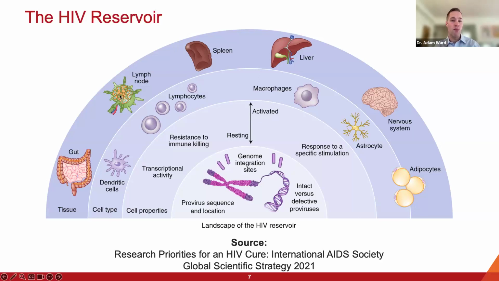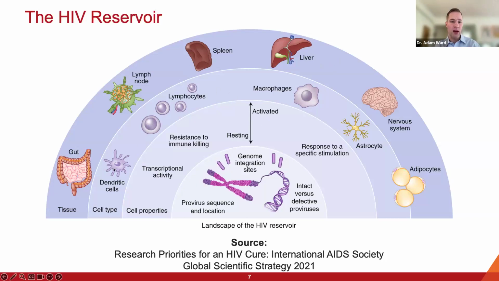So lymph nodes may be immune privileged sites that exclude immune effectors that can eliminate HIV-infected cells. And so there may be sanctuary sites in lymph nodes where HIV-infected cells can hide out. And there may be other important anatomic compartments, spleen, liver, the central nervous system. So not just peripheral blood.